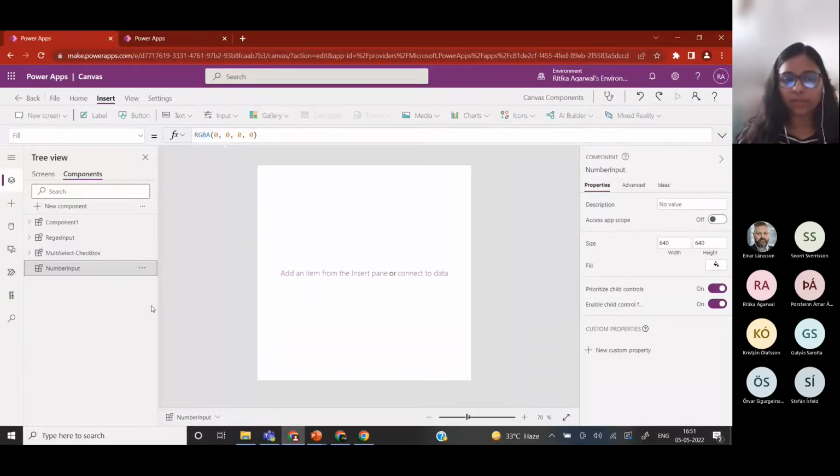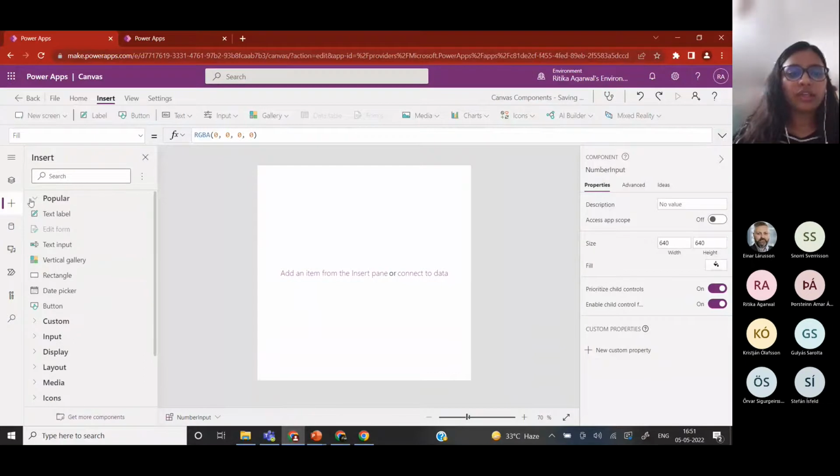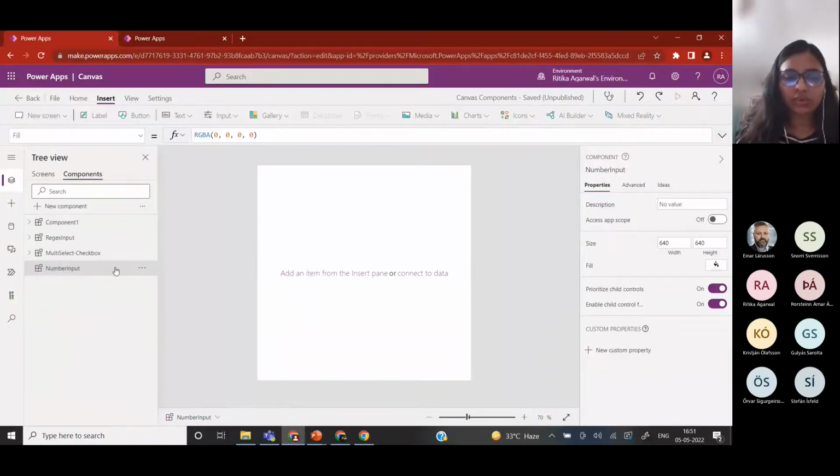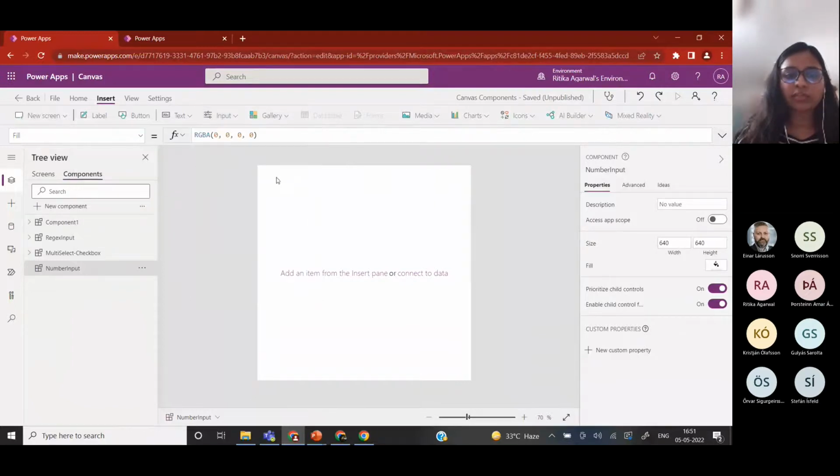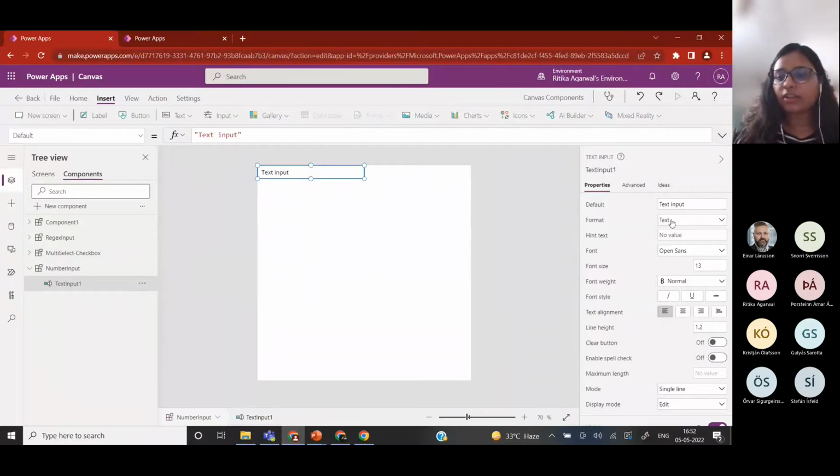we will see how this works. So what I'm going to do here is, because the idea for this control is I want to have a number input here where the person can enter a number, and using the above arrow, I increase the value, and using the down arrow, I want to decrease the value. Okay, so let's add a input first and see. I am only going to use the out of the box controls available in the Canvas app editor. So let's go with the text input control. And here I'm going to say the format is number. Then I will